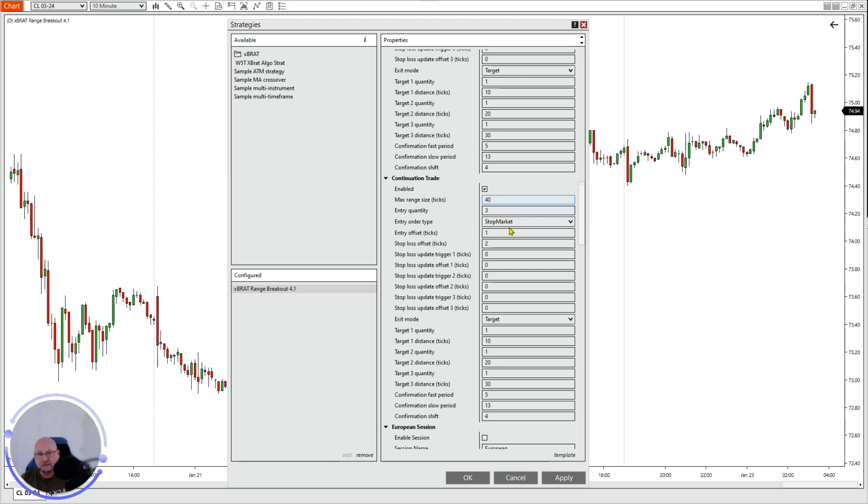Again, same quantity, again, stop market, entry offset 1, stop loss offset 2. Be a little bit more aggressive with this, so with the three contracts at 30 ticks, okay? We're going to do the stop loss offset to 2, apologies, and then